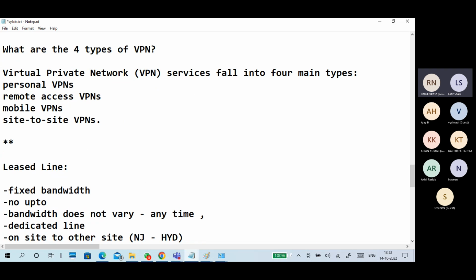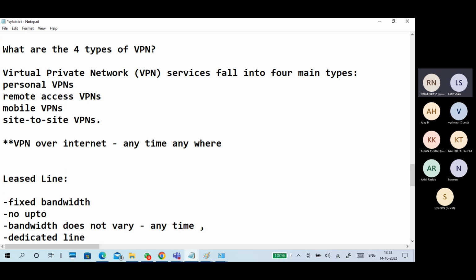Here is the starting point. For the internet, the concept is anytime, from anywhere. Anytime from anywhere you can access. With leased lines, anytime you can access, but not from anywhere.